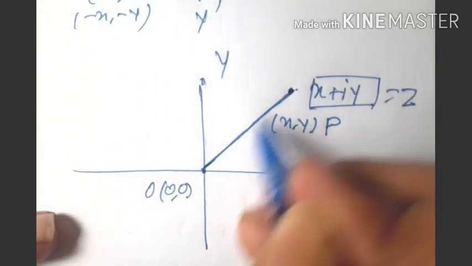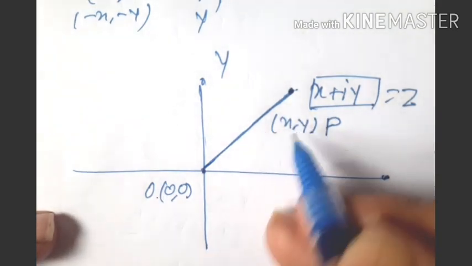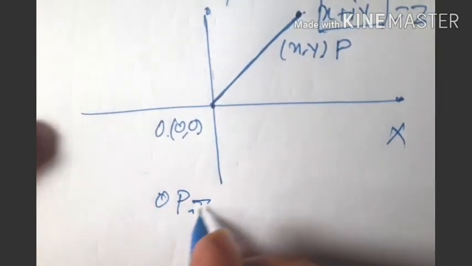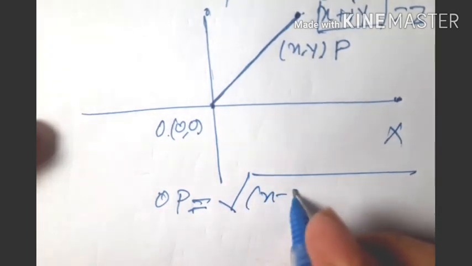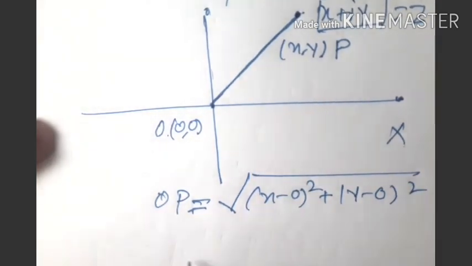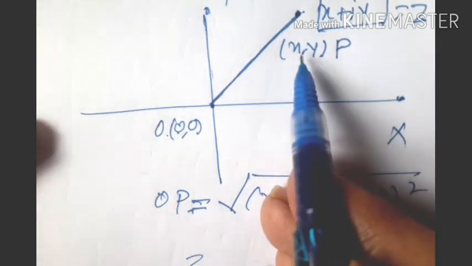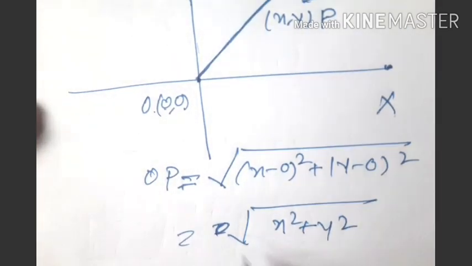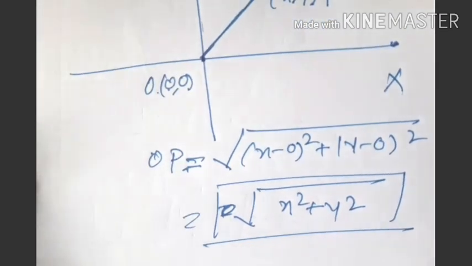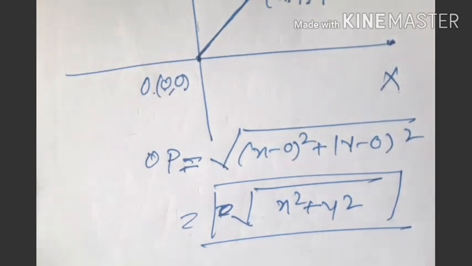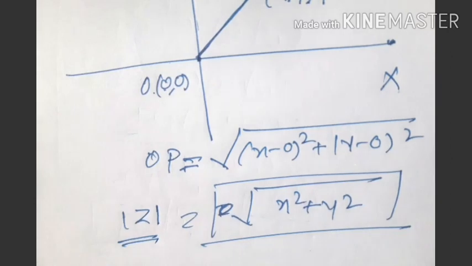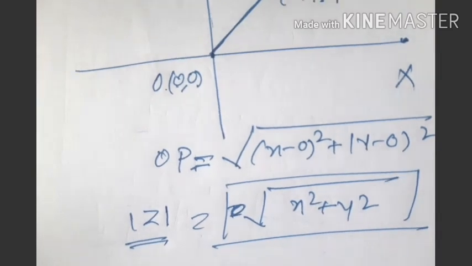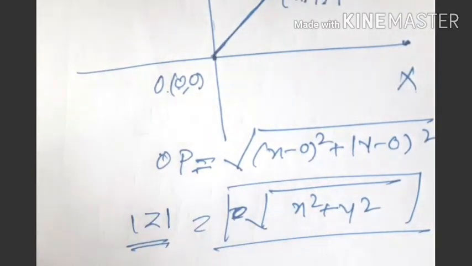So actually what does it mean? This line is nothing but the distance between the origin and the particular point. In coordinate geometry we know the distance OP. OP means what actually? Root over (x minus 0) square plus (y minus 0) square. The distance between this origin and the particular point P(x, y) is equal to root over x square plus y square. This is the modulus of the complex number z equal to x plus iy, and it can be denoted by mod z. As distance cannot be negative, the modulus of a complex number will never be negative, it is always positive.